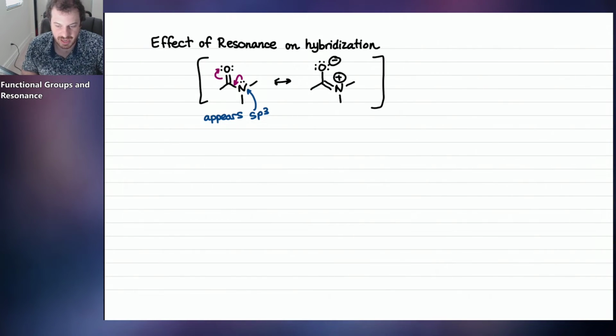Now let's look at the hybridization of that nitrogen. So again, we'll look at the steric number of this nitrogen, and to determine the steric number, we count the number of sigma bonds plus lone pairs. This is only counting as 1 sigma bond, even though it's a double bond. Remember, that only counts once. So we have 1, 2, 3 sigma bonds and no lone pairs. So now the steric number is 3, which means it appears sp2.